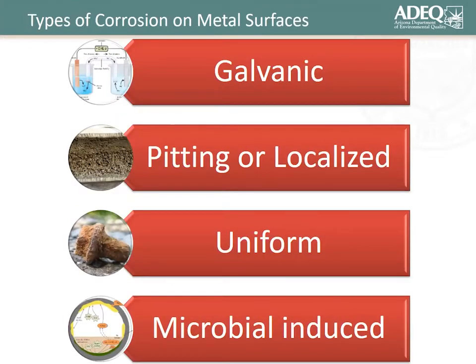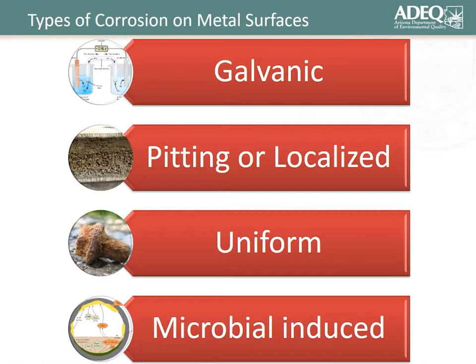So, different types of corrosion on metal surfaces. Galvanic is a very big one. That is where you get the cathodic reactions, galvanic cell reactions, where cations and anions want to give themselves up. Particularly, we get concerned when we see partial lead service line replacements where, maybe a galvanized pipe was connected to an existing lead service line. And that's an indicator that some galvanic cell reactions are going on because you have different metals connected with each other. Pitting, or localized corrosion, is also a type of corrosion that occurs on metal surfaces.